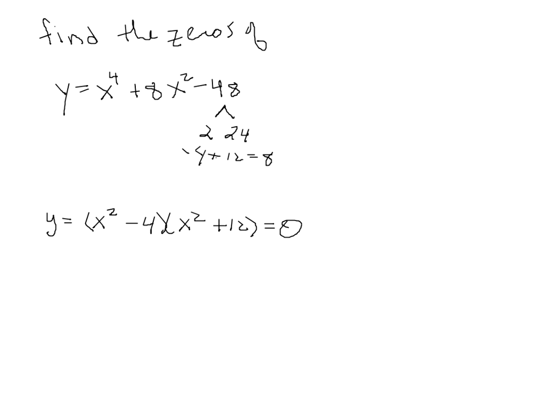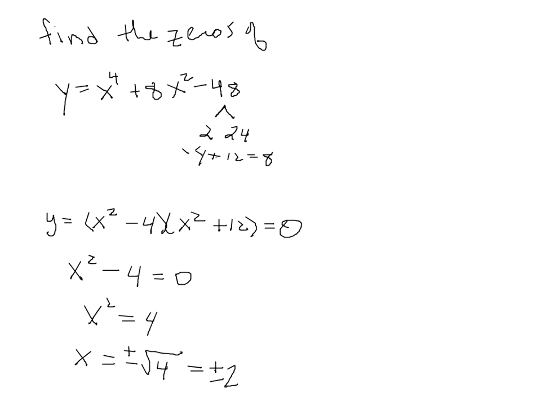And so to find the zeros, we set it equal to 0, and we take each factor, so these are called factors, and solve each factor for x. So when I take the square root of both sides here, remember you have to do plus or minus, so this is plus or minus 2. And then we have the other factor, x squared plus 12 equals 0. Subtract the 12 from both sides, and we see what's going to happen is